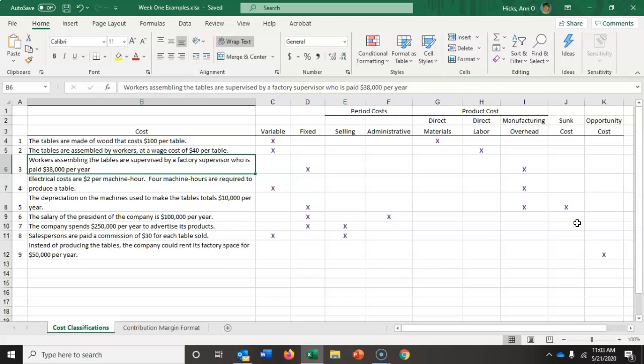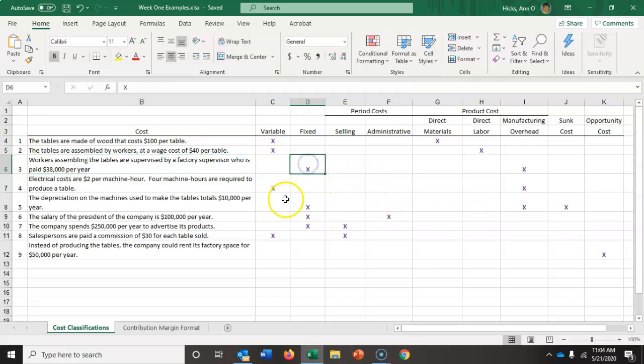oversees up to X number of tables, maybe 10,000 tables, I don't know. If we increase production beyond that point, we might have to add another factory supervisor. But always remember, we're evaluating this in light of the idea that we are staying within the relevant range. So this cost would be a fixed cost because